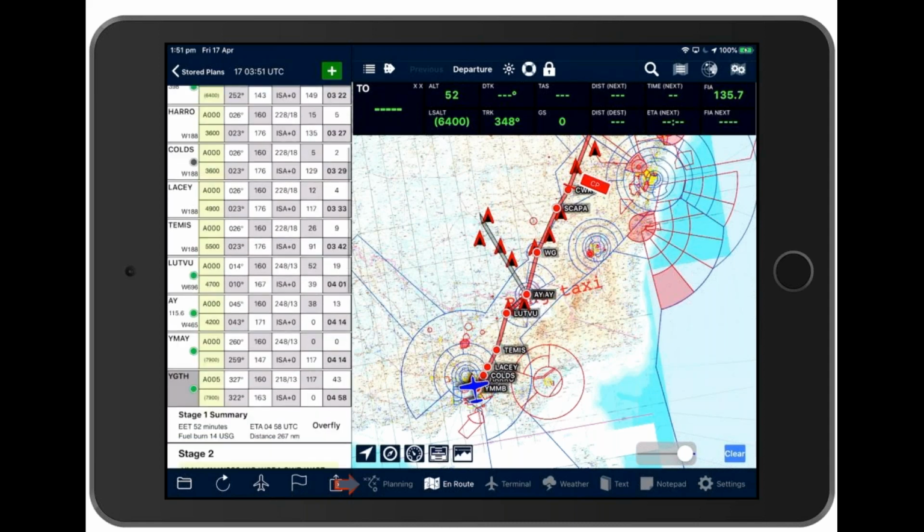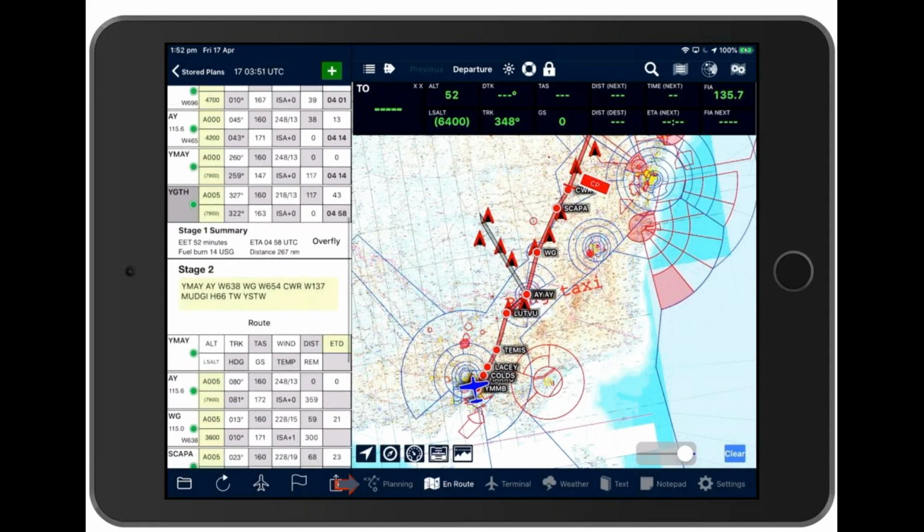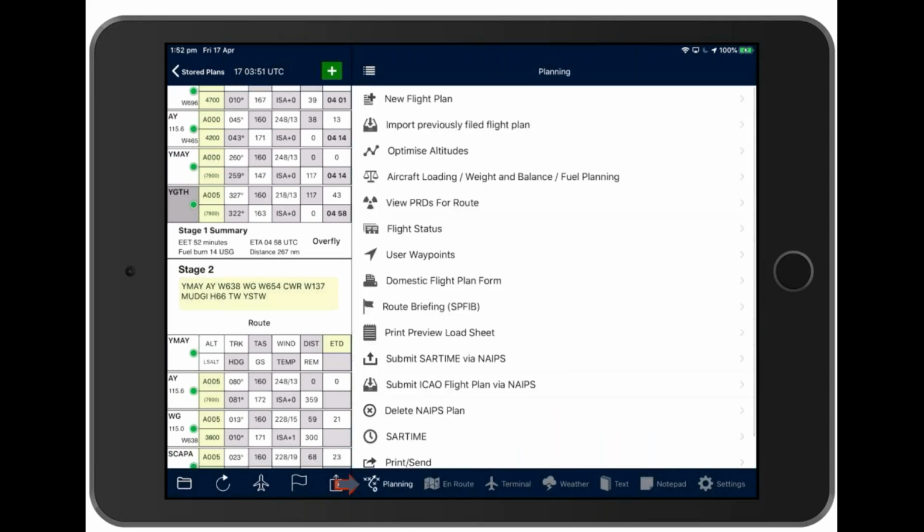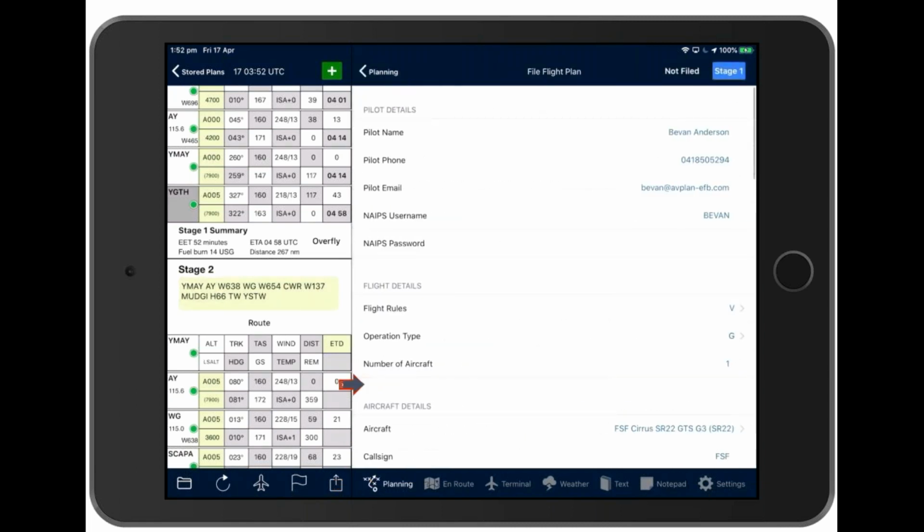Once we've got a route into our app, we can very quickly file this as a flight plan. So tap planning and then submit ICAO flight plan. And we made some great changes to this